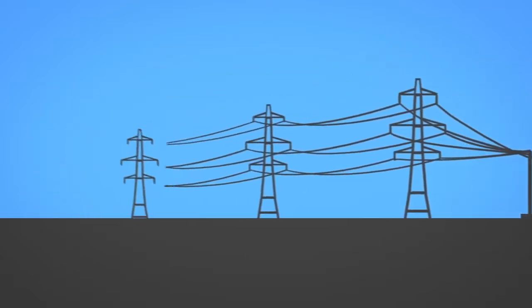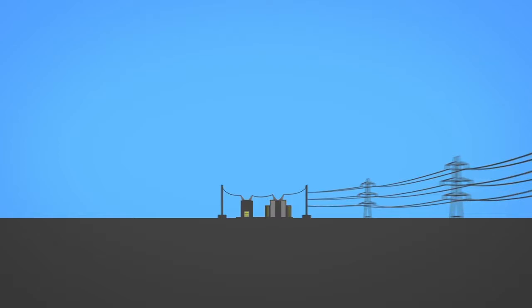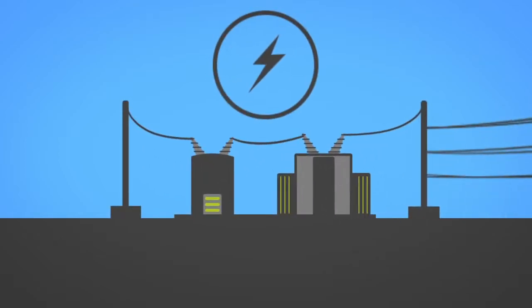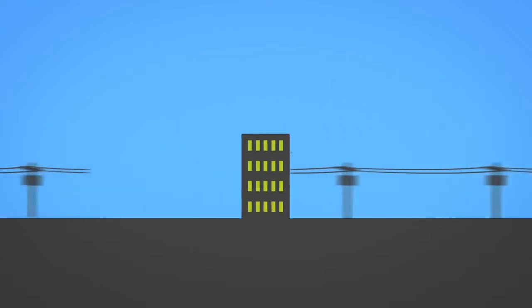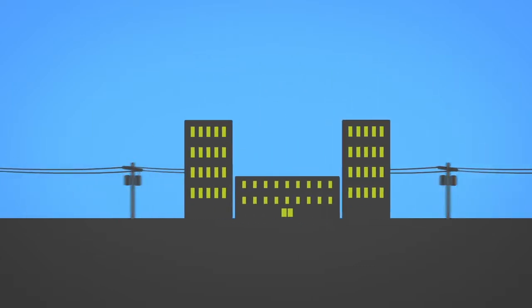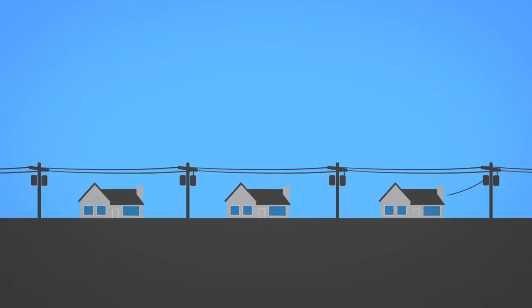The electricity then travels along transmission lines, either overhead or underground. Once it reaches its destination, another substation steps the voltage down to a level suitable for distribution lines that deliver electricity to consumers. The electrical grid provides electricity to various consumers with varying needs. For instance, industrial consumers are large facilities like manufacturing plants. Commercial consumers are office buildings or high-rise towers, and residential consumers are individual homes.